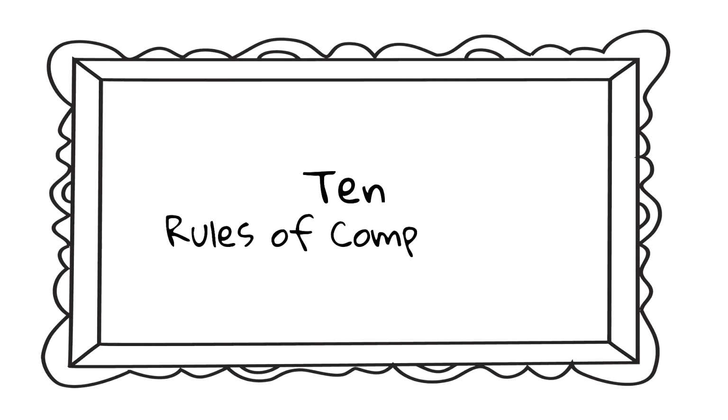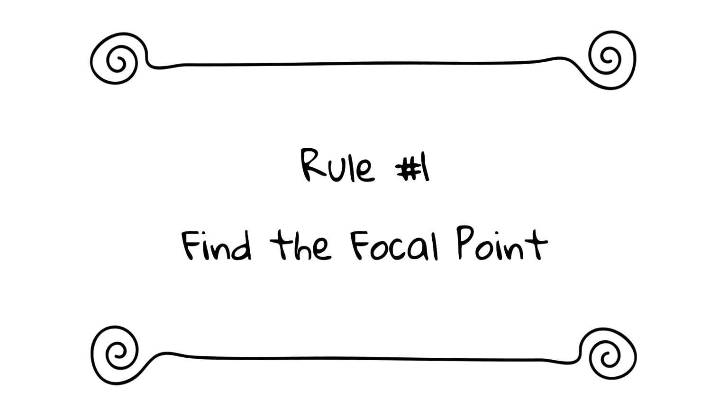One of the best ways to improve as a photographer is to focus on how you arrange the elements within the frame. In this lesson, we take a look at 10 rules of composition that will take you to the next level. Every good photograph should contain one element that stands out above everything else, and that element is known